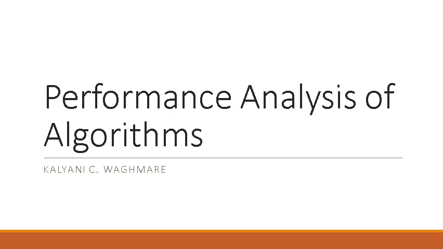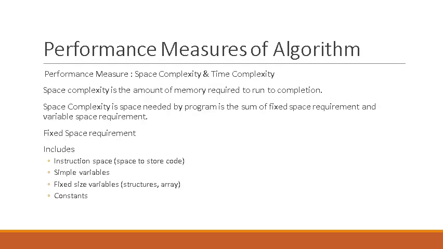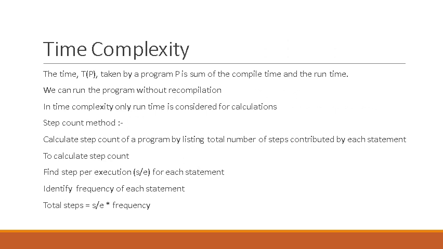In the last lecture we have seen space complexity as one of the performance measures for an algorithm. Now we will see time complexity is another measure for the algorithm. Just like space complexity, time complexity is also a sum of compile time plus runtime. So the time required to compile the program and the time required to run that particular program is nothing but the time